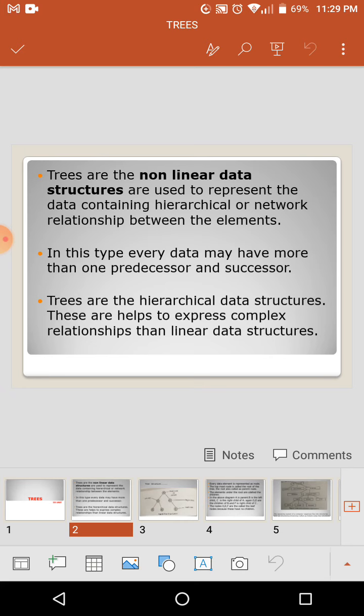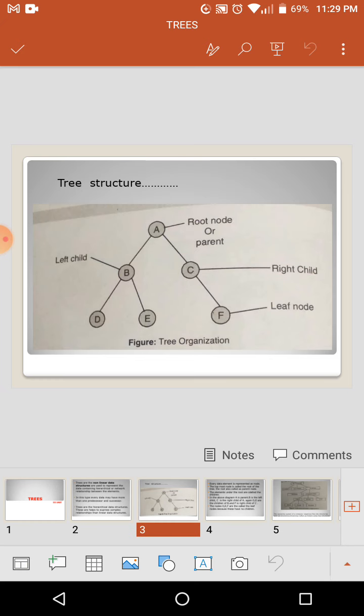Why? Because if you want to represent complex information, complex details, or make a complex relationship among the data elements, trees are very helpful for complex relationships between the data elements, more than the linear data structures. Okay, so next, see how the